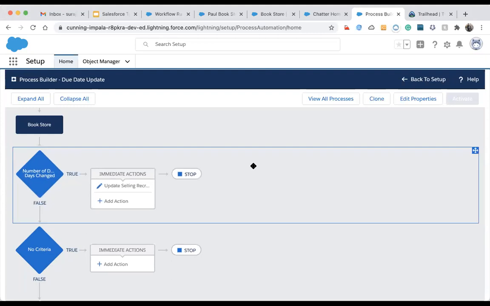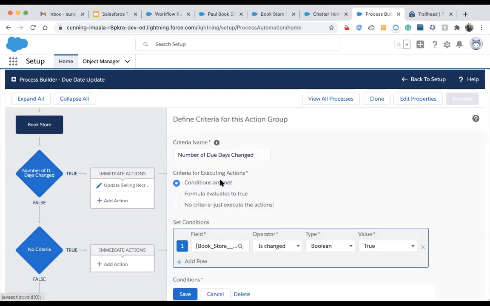And if the number of due days does not change, then that condition comes false, and it will execute this criteria. Okay, right? It will choose either this one or this one, meaning it will execute either this criteria or this criteria. Suppose I want to execute both criteria, meaning regardless of checking, it will enter this criteria and also enter this criteria.